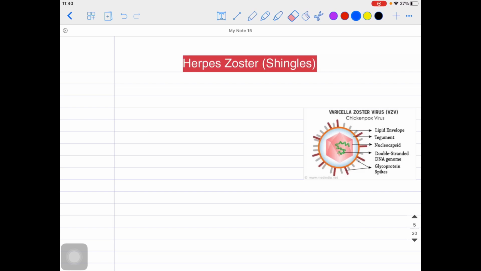This is Shubham, and today I'm going to talk about one more important topic, herpes zoster, which is also called shingles. If you talk about herpes zoster or shingles, it is basically classified under the varicella zoster virus, VZV. VZV is nothing but your varicella zoster virus. I'm sure everybody must have heard about this. What is the varicella zoster virus?